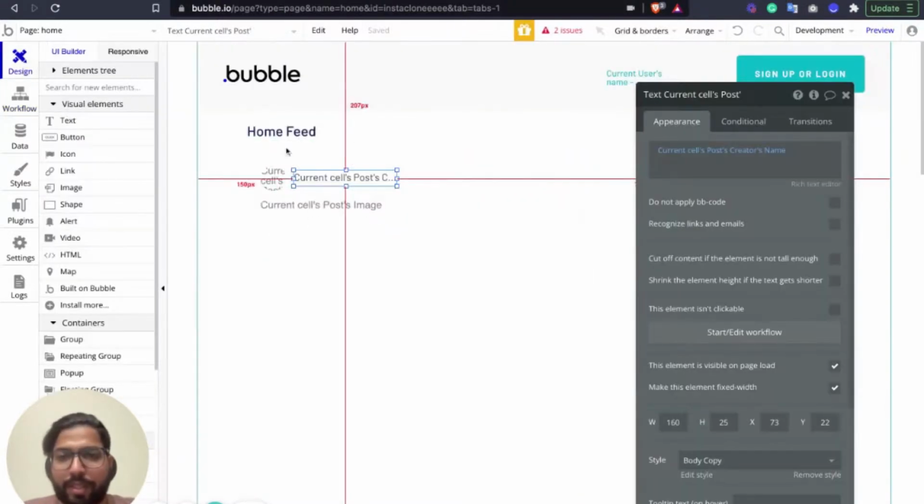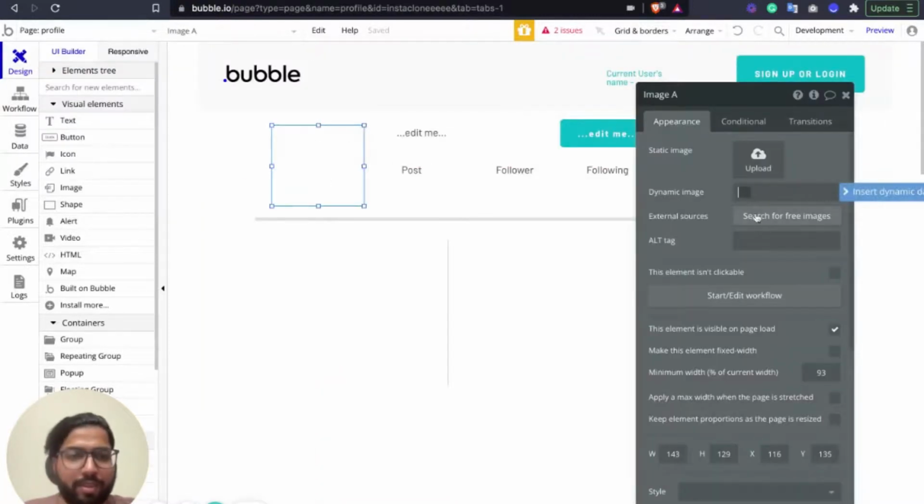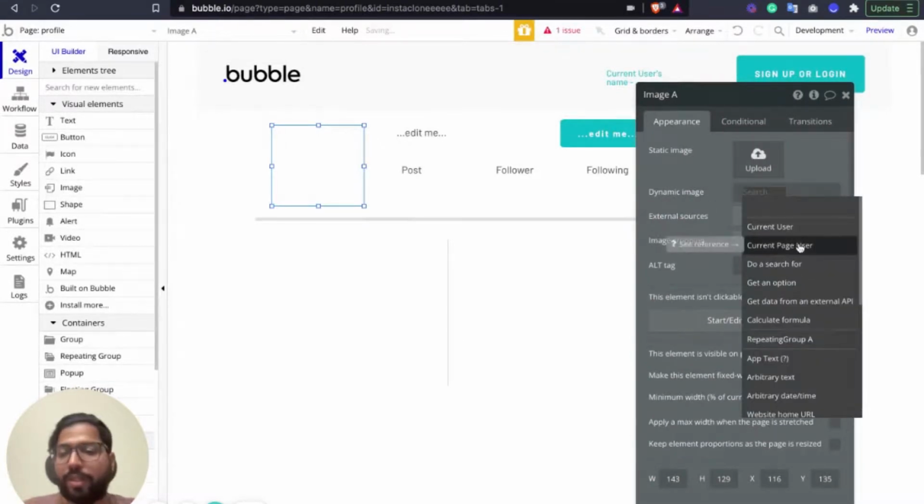Now we're going to go back to the profile, and we're going to say, okay, this should be, not here, this should be the dynamic image of the user. So now we are not going to refer to it as current user, because the current user is this signed up, logged in user. We're going to refer to current page user, whoever's profile we are opening.